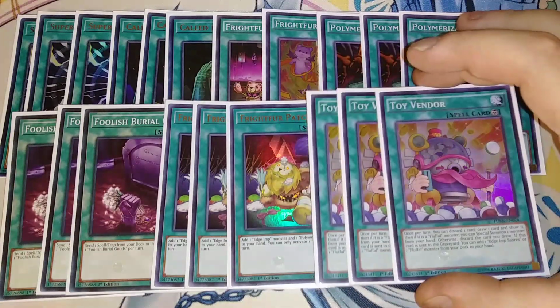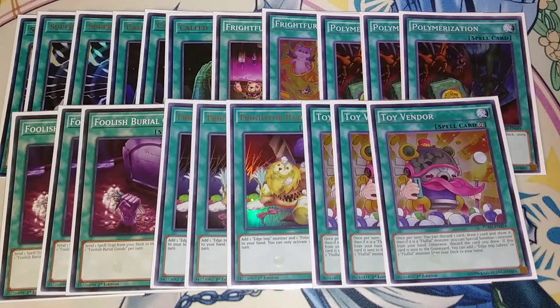And then we play 3 copies of Toy Vendor as well. Toy Vendor is really an interesting card that lets you discard a card to draw a card, and then if it was a Fluffal monster, you could special summon that monster. And if you don't, you have to discard it. And if this card is sent to the graveyard, you get to add an Edge Imp Sabers or a Fluffal from your deck to your hand,